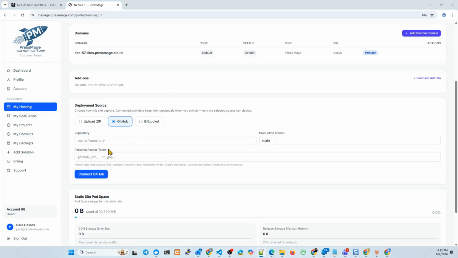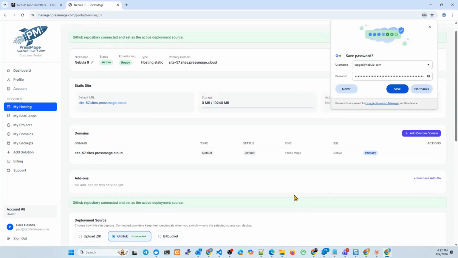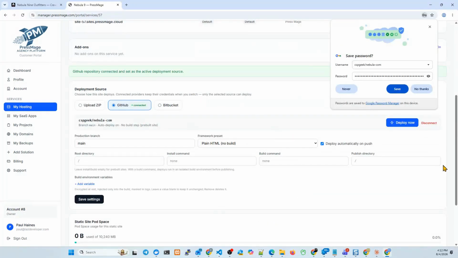utilize my repository, CSP Geeks Nebula. The production branch is main, so that's fine. And let me copy my GitHub token in here. And once I do that, I can click on Connect to GitHub. And as you can see, I'm now fully connected to